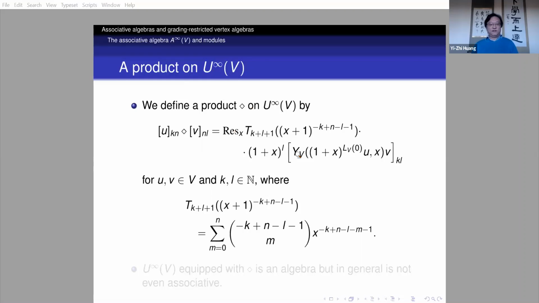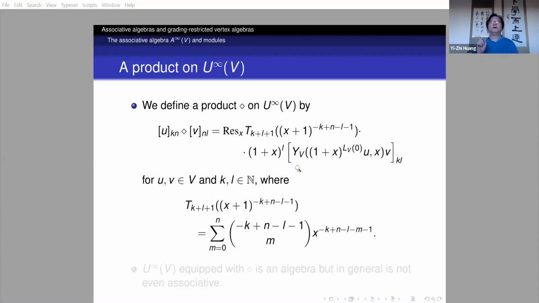Okay, how should these things act? Basically, you just use the components of the vertex operator, and if you are familiar with the Zhu algebra and its generalization by Dong-Mason, these actions use only the weight 0 component of the vertex operator. So these are called 0 modes. Even in the Dong-Mason generalization, they also use only the 0 mode.